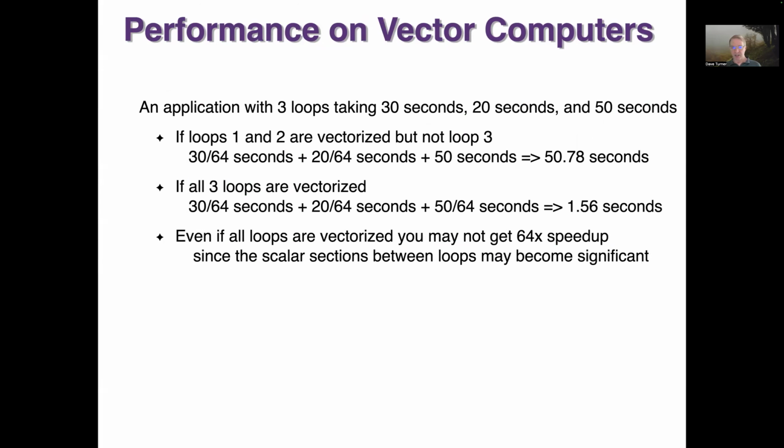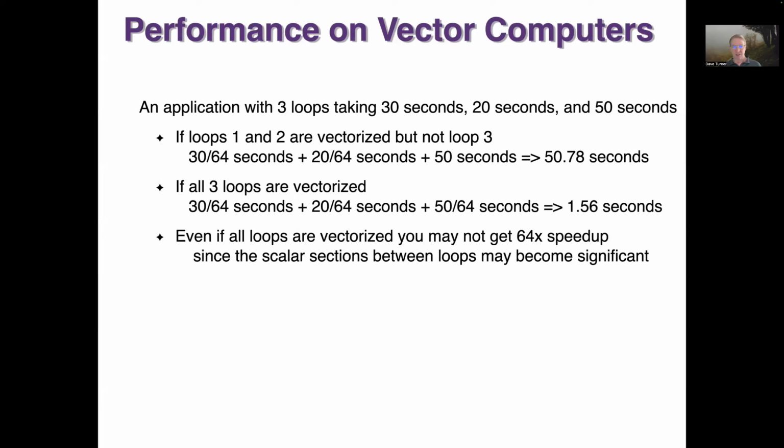So one thing about doing vector computing, this really applies to any parallel computing. Some of the types that I'll get to in a moment are that, let's say you have an application that has 3 loops, and the loops take 30 seconds for the first one, 20 seconds, and then 50 seconds for the last one. If loops 1 and 2 are vectorized, but loop 3 can't be because it has a dependency in it,